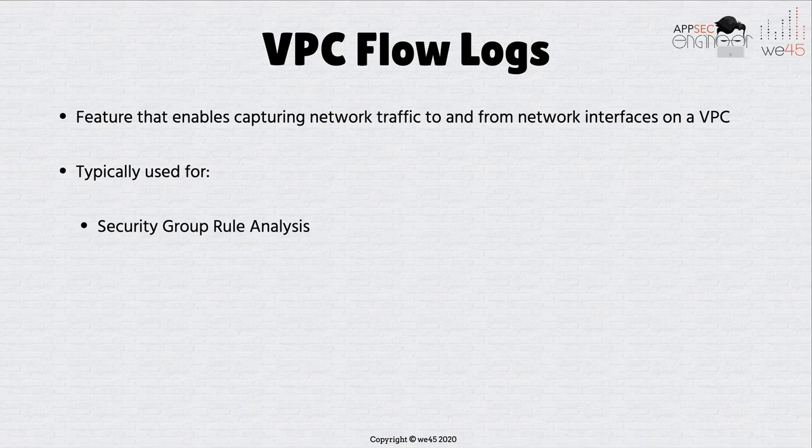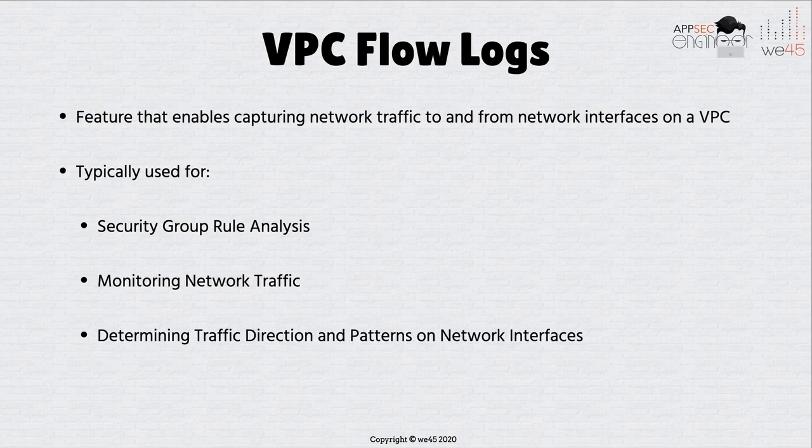They won't give you a traffic dump. For that, you'll probably need something like a VPC mirror, which is a lot more application centric. But VPC flow log still gives you an idea of what kind of traffic you're seeing and what kind of ports and services are being accessed in your VPC or within a certain network interface within your VPC. So you can use this for analysis of your firewall rules or security group rules. You can monitor basic network traffic with a VPC flow log. And you can also determine the type of traffic patterns and the type of directions on which traffic is flowing within your VPC or within resources within your VPC. So it's very useful to have VPC flow logs configured as part of your VPC, especially if you want to get this kind of analysis that you can do against that particular VPC.